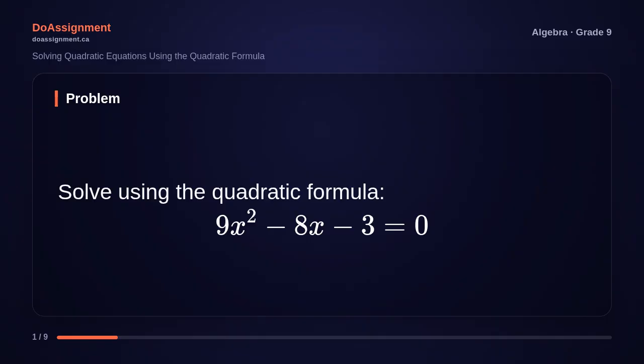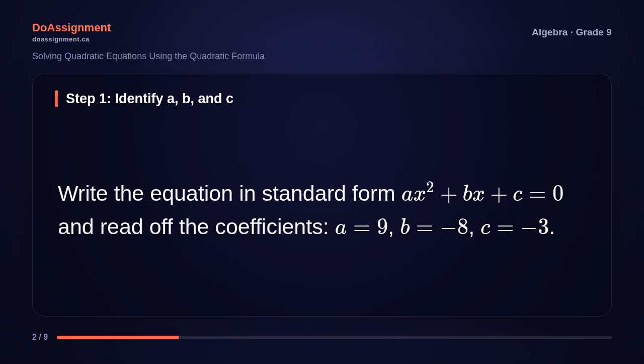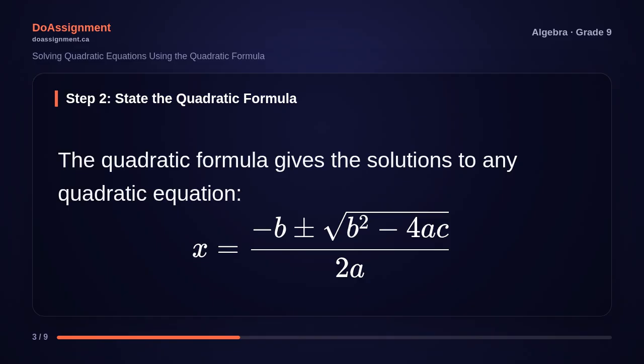Let us solve this problem step by step. First, identify the coefficients from the equation. A is 9, B is -8, and C is -3. The quadratic formula is x equals -b plus or minus the square root of b squared minus 4ac, all over